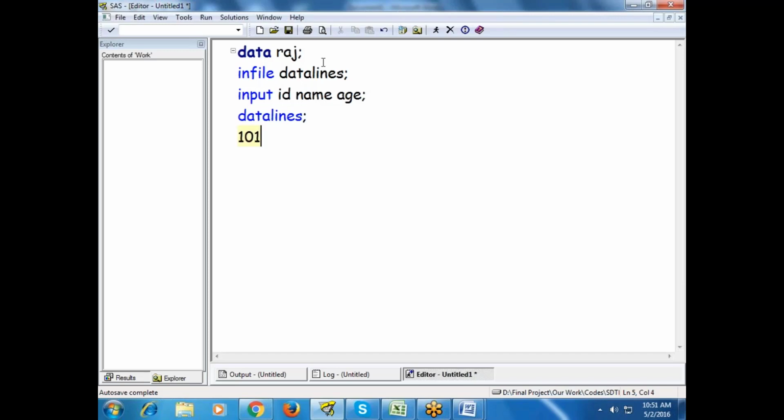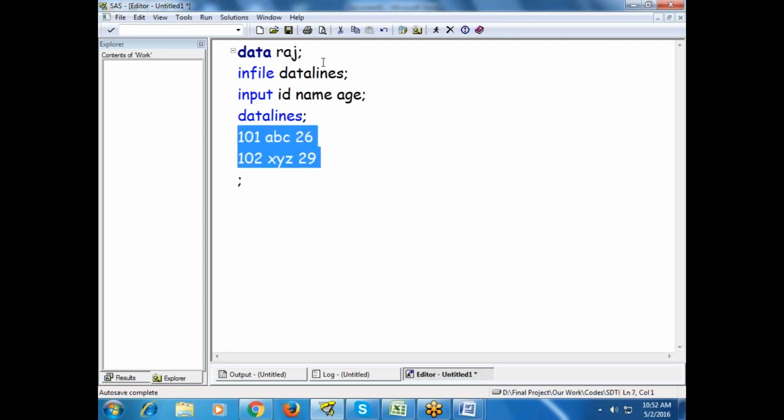So ID number 101, patient name ABC, age 26. 102, patient name XYZ, age 29. For raw data, a semicolon is not required. Whenever you see text in yellow color, you should not give semicolons there. Finally you give this semicolon.